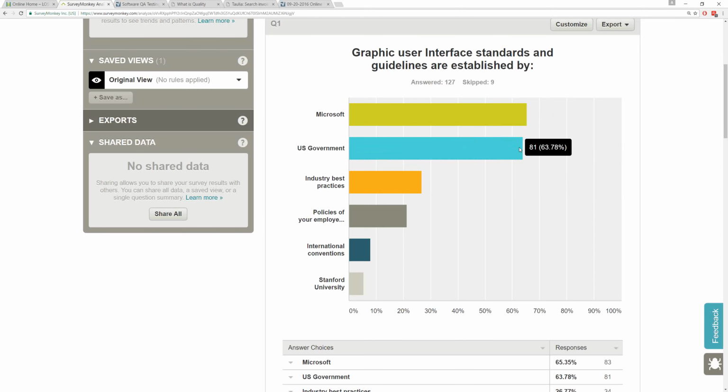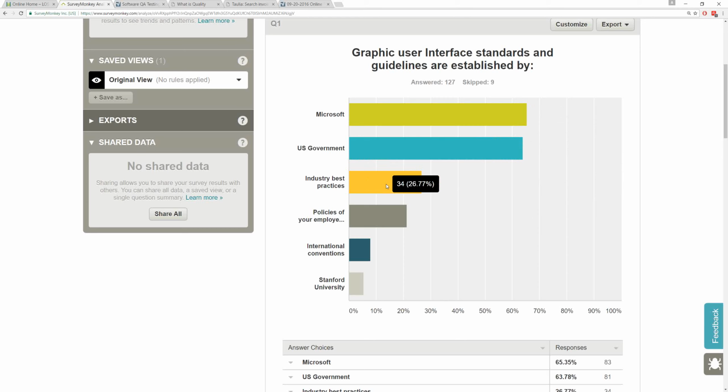So the government steps in, the Department of Health and Human Services, and that department comes up with the guidelines. So when we answer that question, who creates the standards? Microsoft for Windows applications, US government, usability.org website for web applications,